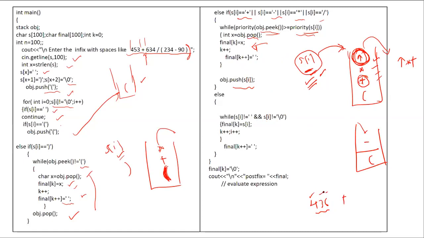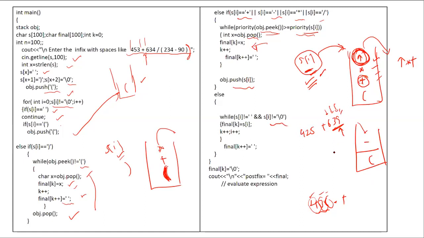Because this is in the form of a string, it keeps on extracting this string and storing it in the final expression, like 436, until a space is encountered, or there can be an expression like 425 space plus 639, say. Now 639, let us suppose the last 9 is the last character of that string. Then you keep on capturing 6 into the final expression, 3 into the final expression, 9 into the final expression until